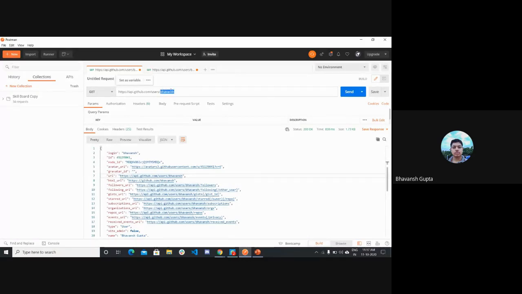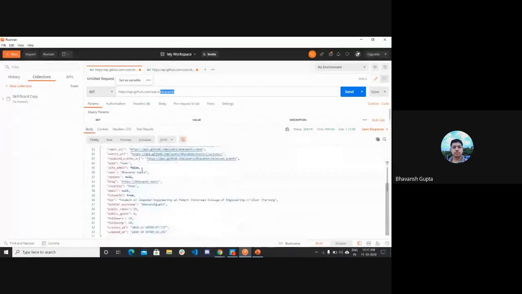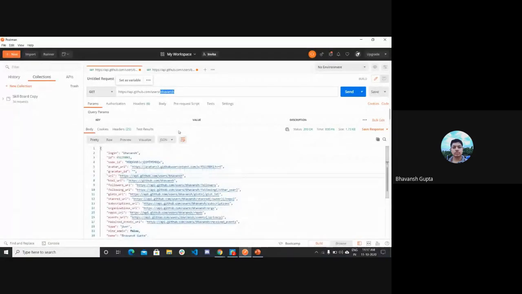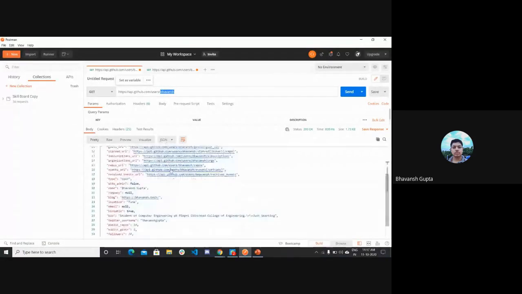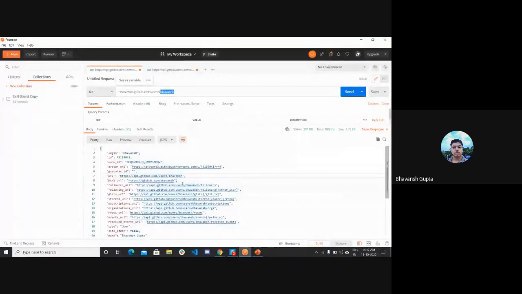You can pass your username in the link, and the response will contain your user data. Here it sends me all the data it has for the endpoint in the form of JSON. The data which I'm receiving is in the form of JSON.